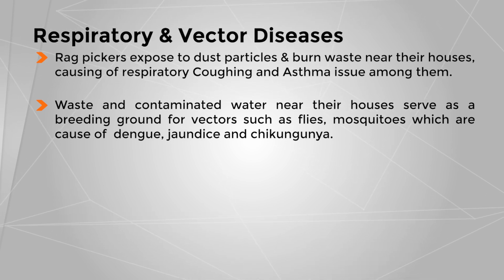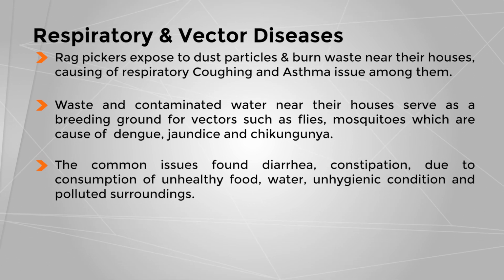vector-borne diseases. That is why sometimes they have problems of dengue, jaundice, chikungunya, and the common issues found among this rag picking community are diarrhea, constipation, unhygienic situations, and low levels of immunity, because they work in a highly filthy environment and unhygienic conditions and polluted